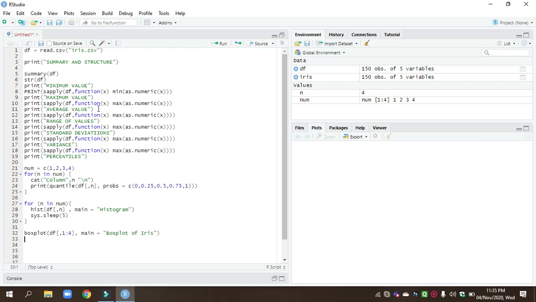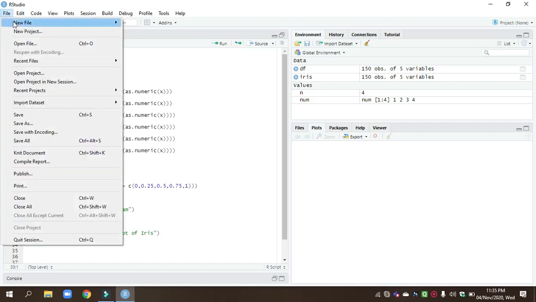Now in the script we are done with the program. Now I'll save this program as iris.r.